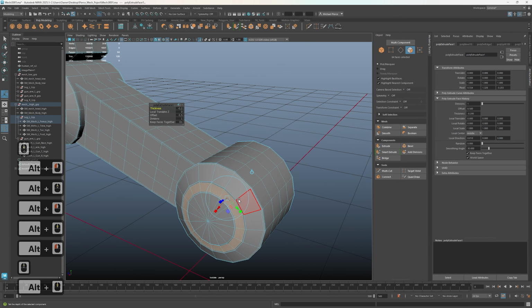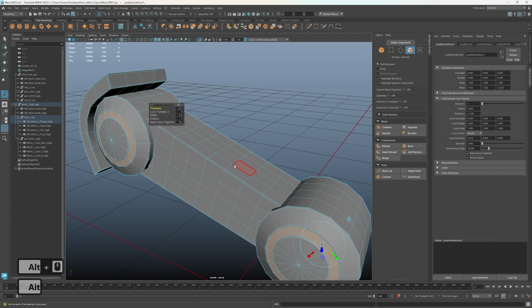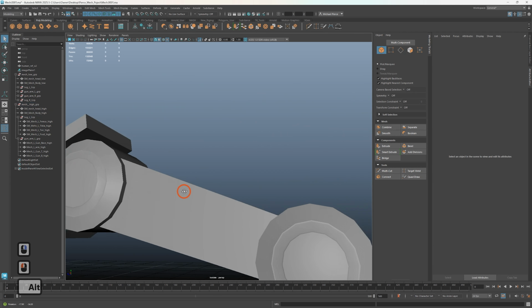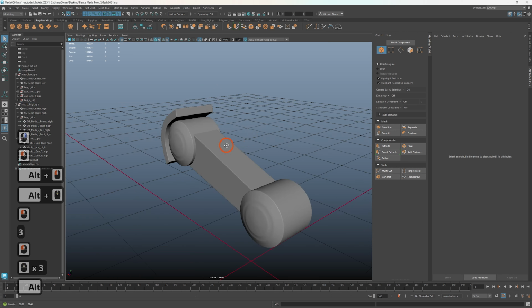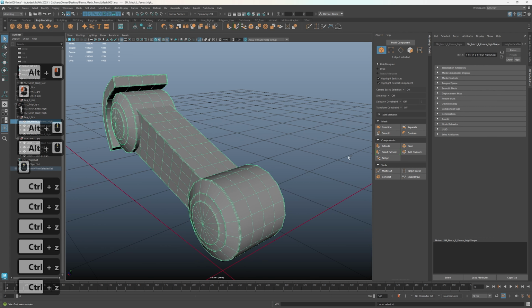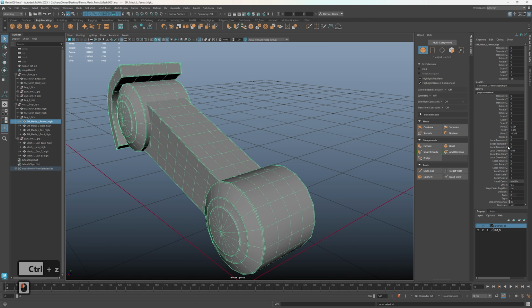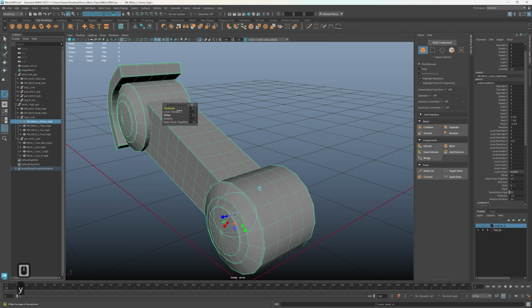That way when I hit 3, I get something like this. Let's see here. 0.2, yeah, 0.5. And if I hit 3, it'll look something like that. No, actually, I can go back here, look for the extrude. Or I can hit T, bring it back up. Let's see here. I'd want